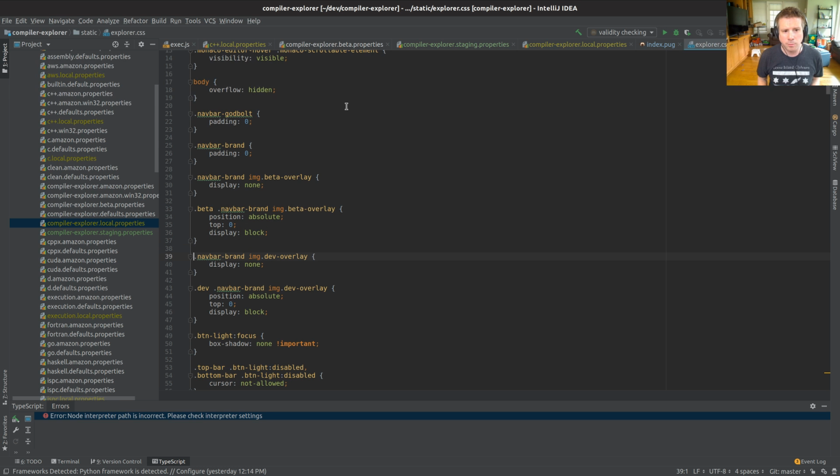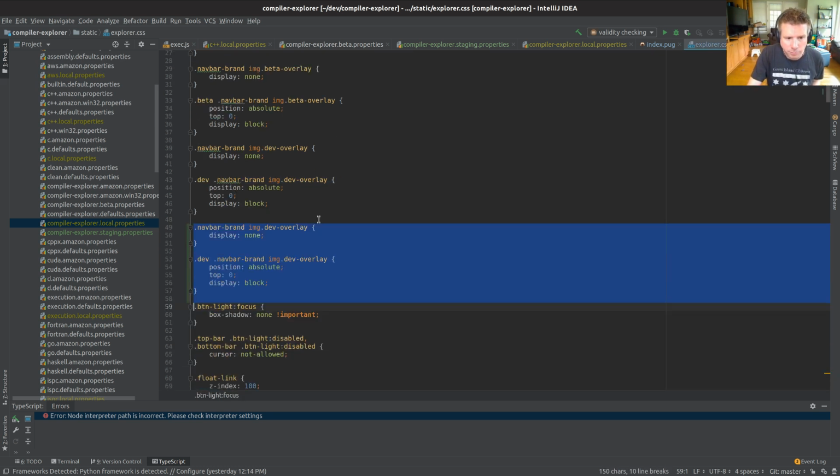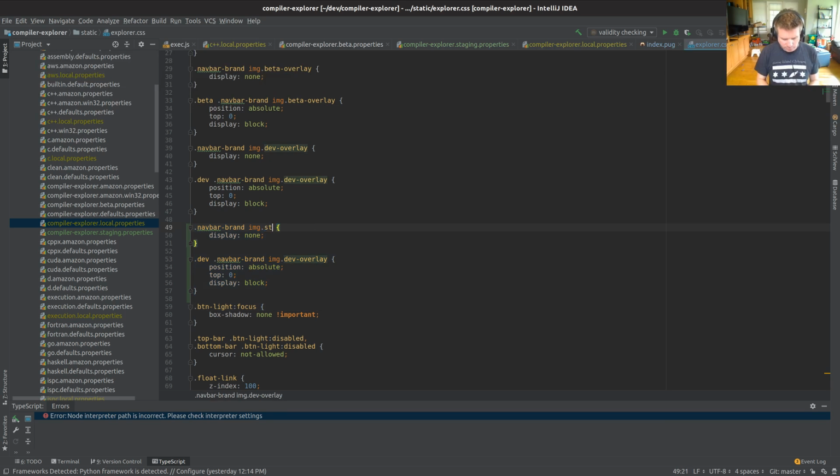That's why we have separate ones here. So I'm going to pony up and actually just make another one. Sorry, excuse my French. So it's going to be staging, overlay, underlay, display none by default. Otherwise, staging overlay. If we're in dot staging, that's how we're making it appear and disappear, which seems unnecessary.